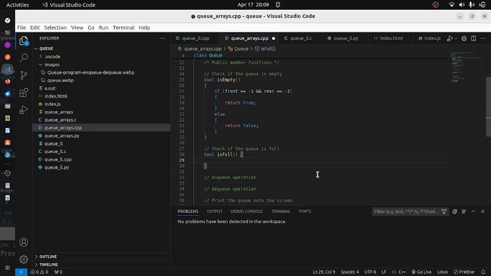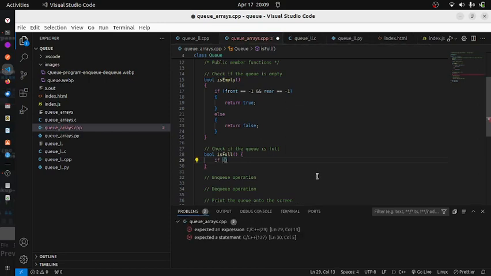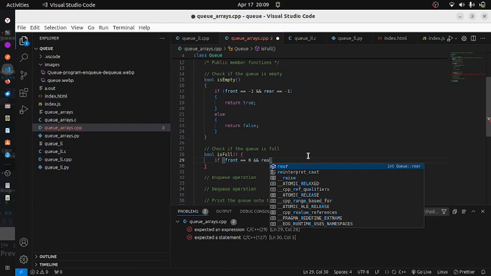So for now, if front is equal to 0, that means that there are some elements in our queue, and the rear,